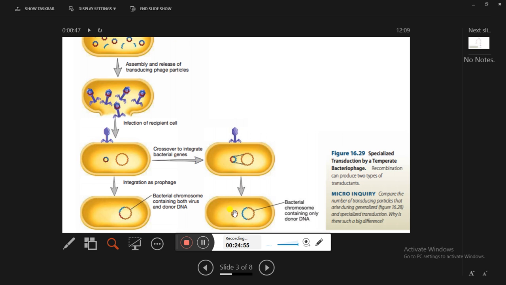So some of the fast genes for the lytic life cycle are lacking in this case. Okay, that's why this bacterium does not lyse with this phage attack. Okay, so this is the specialized transduction, and in this specialized transduction, only the galactose or biotin genes, only the specialized genes which are near the